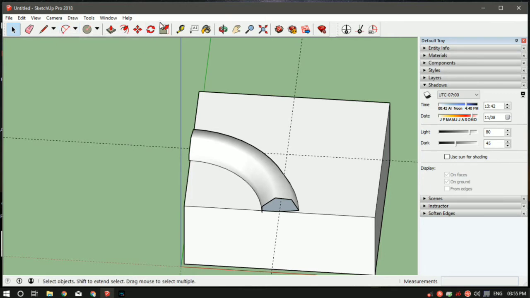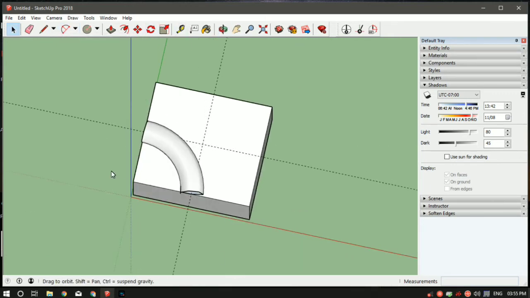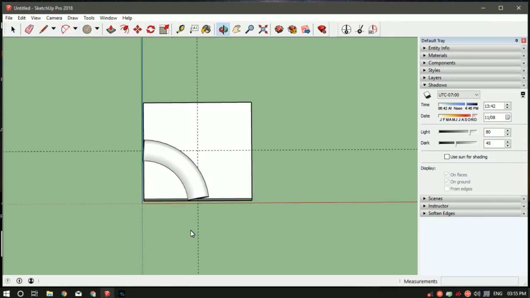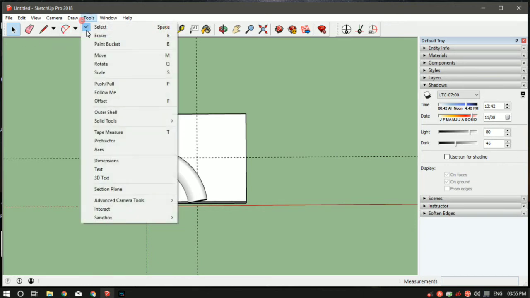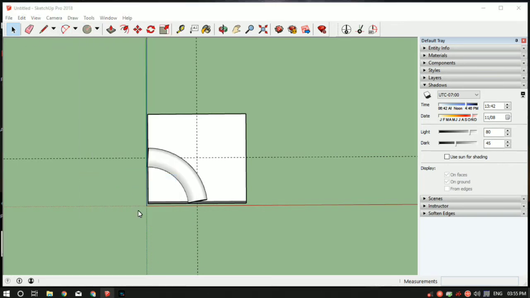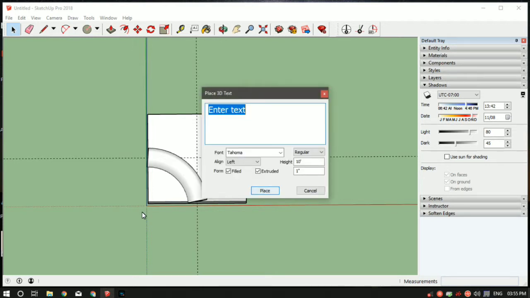After the Follow Me tool, we learn how to add text. Let's say you want to write text. You can do that by going to the tool section and then selecting the 3D text. Then the 3D text window will open. Then you have to just enter the text. Let's say